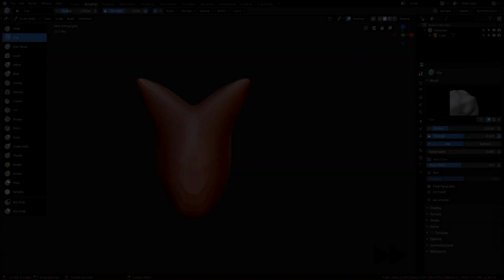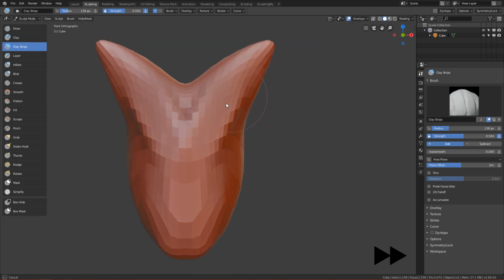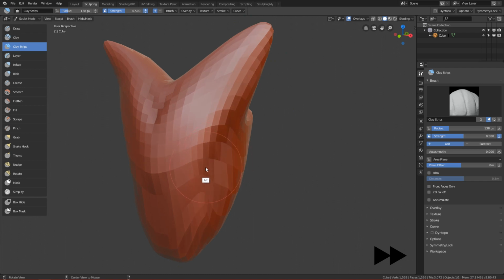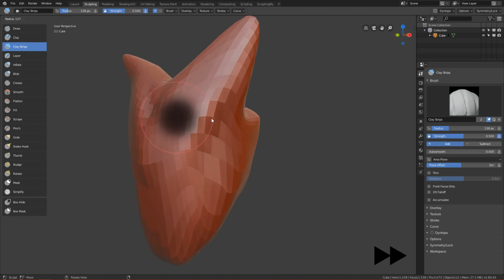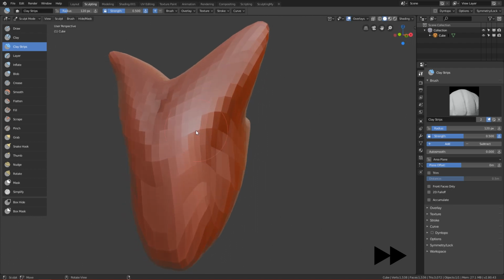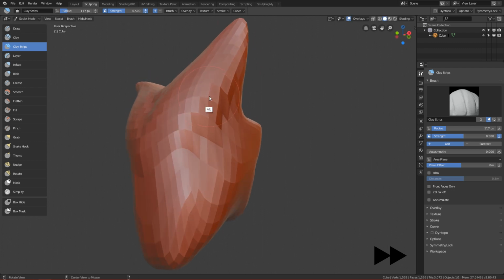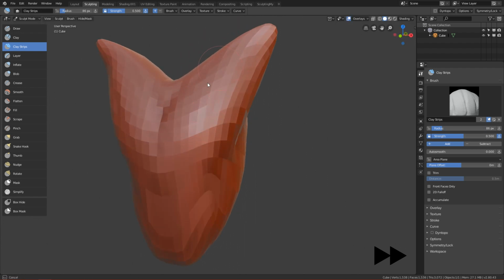Okay guys, welcome to the next part. In this part I will show you what Dyntopo is. As you can see now, if I sculpt on the mesh, our model is quite low detail, because you can see all the faces here. If I draw, it will not add any geometry, it will only move the faces that I sculpt more outside, and this is quite